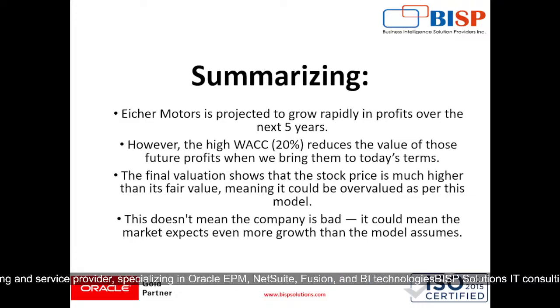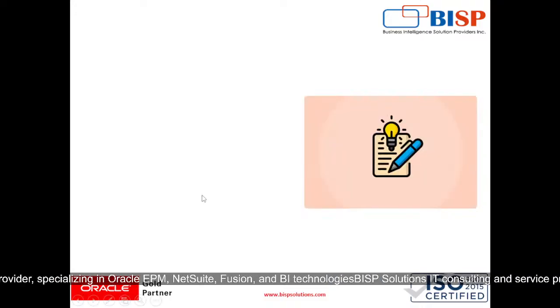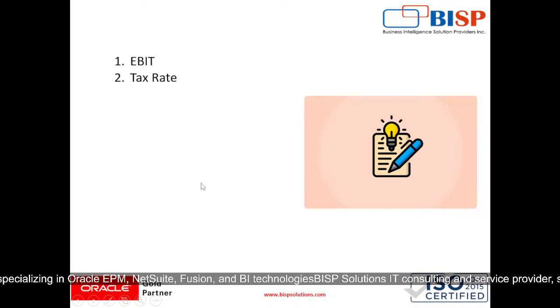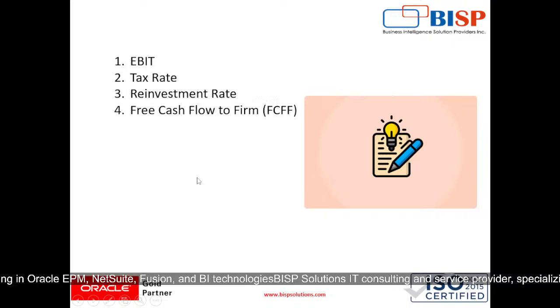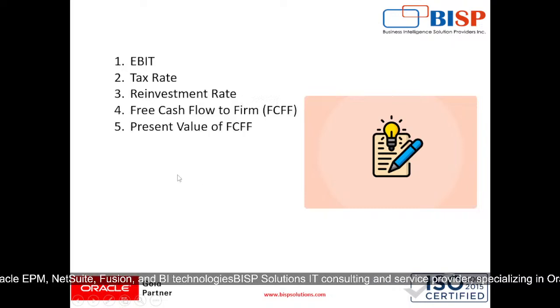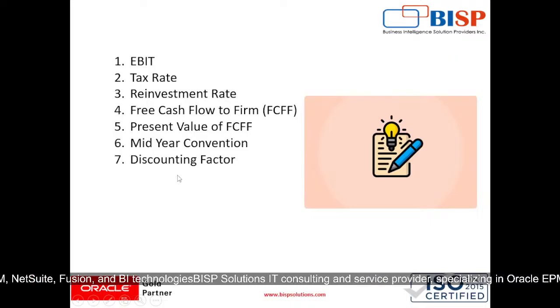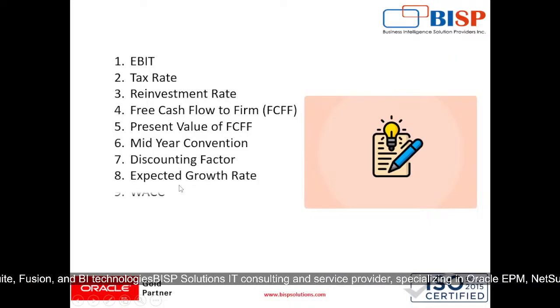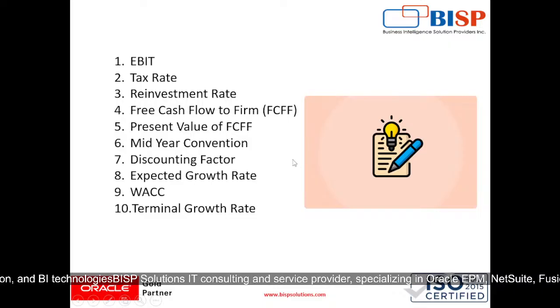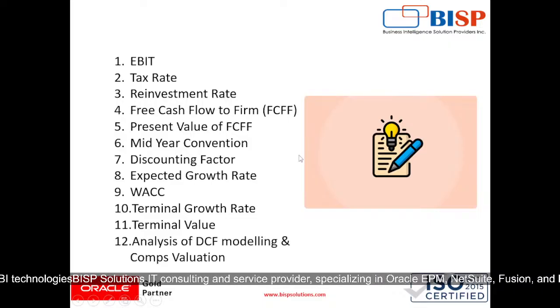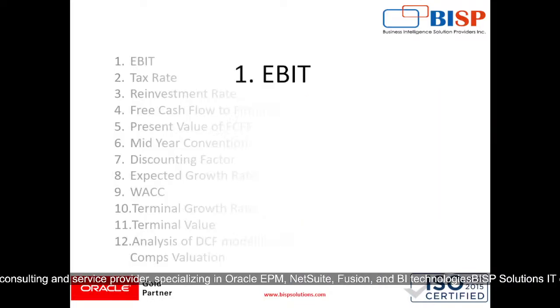So after that, coming to today's topics, which are EBIT, tax rate, reinvestment rate, free cash flows to firm, present value of FCFF, mid-year convention, discounting factor, expected growth rate, WACC, terminal growth rate, terminal value, and analysis of DCF modeling and comps valuation. So we have already done our DCF modeling, and now we will be moving forward so